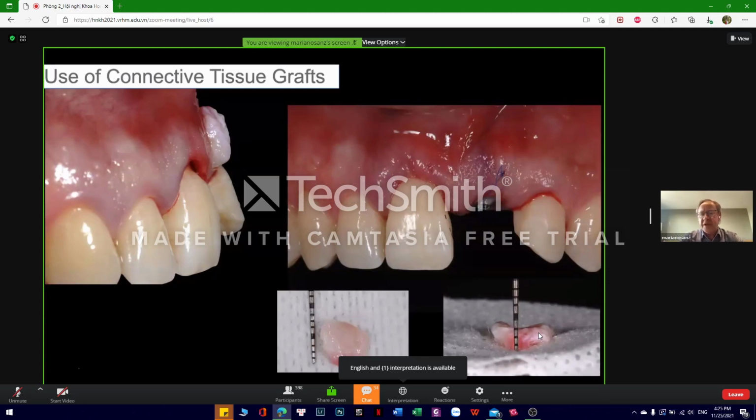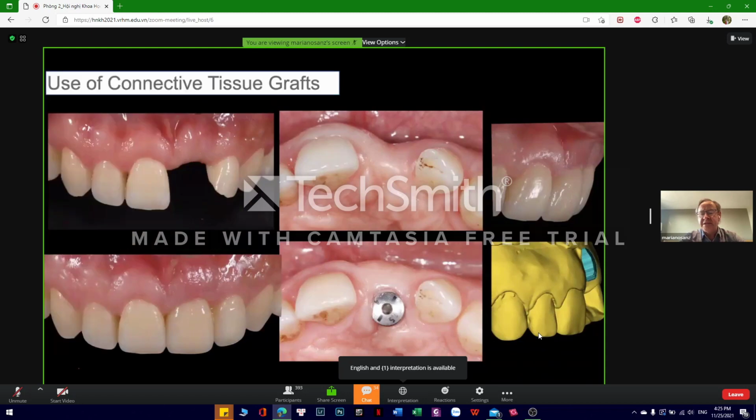So it will be connective tissue grafts, connective tissue grafts that need to heal submerged under the mucosa. And the whole purpose of these connective tissue grafts is to provide enough volume to change from a flat or a concave contour to a characteristic convex contour of